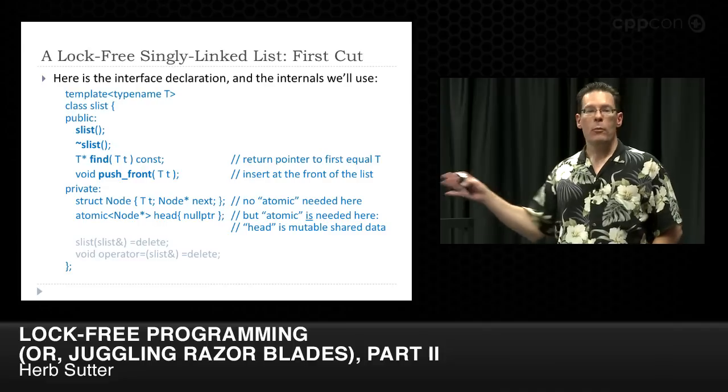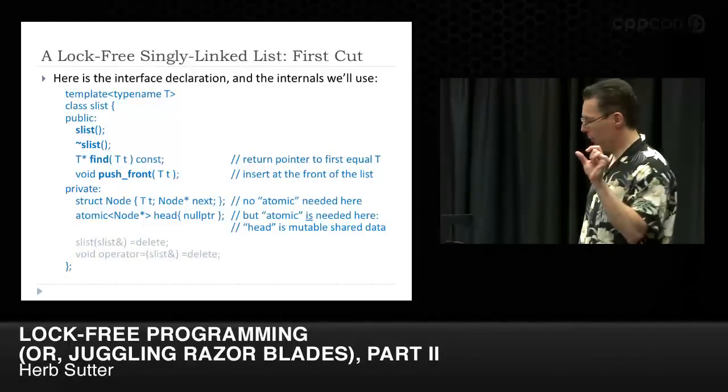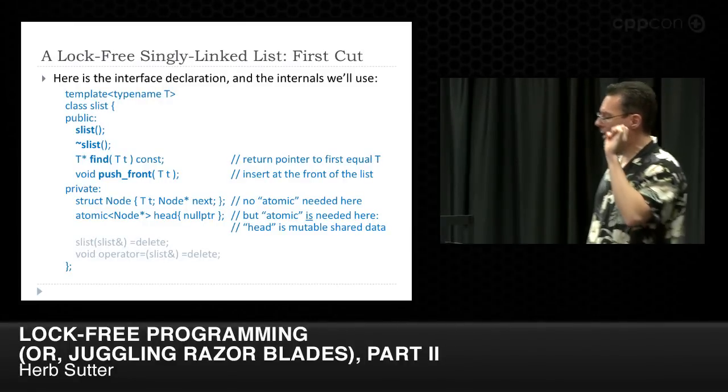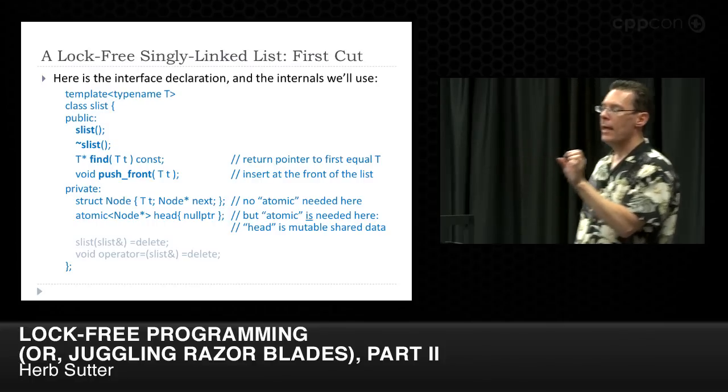My data structure is going to be what I showed on the previous screen. Each node has a T and a pointer to the next node. And I'm going to have an atomic node star head that I've initialized to nullptr. Now,